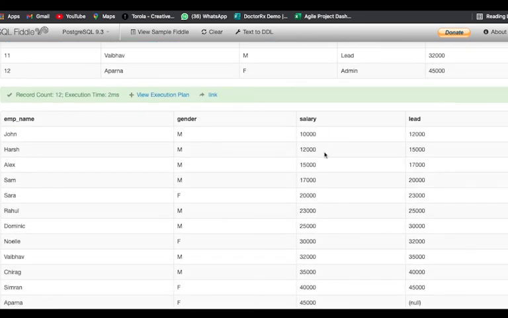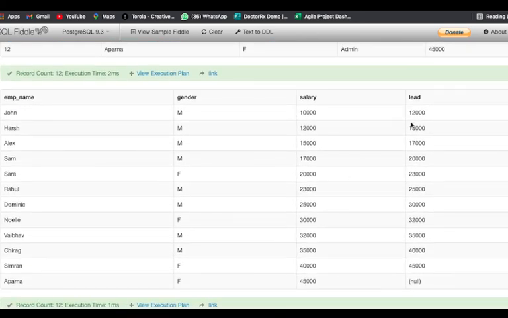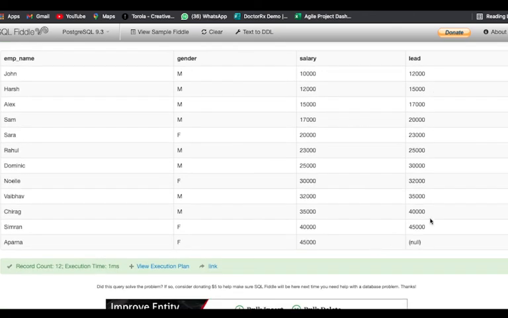So if you see, we have this salary column, and we have this lead column. What it does, it gives me the subsequent value of the next row. So if I have 10,000 here, what is the next value? 12,000. This is what we got here, 12,000. Now if we come to 12,000, what is the next subsequent value? 15,000. I got 15,000 here. Similarly, it goes on, and if you come to the last row, what is the subsequent value of 45,000? Nothing. We have nothing after this, so it has returned me null because we haven't assigned it a default value.